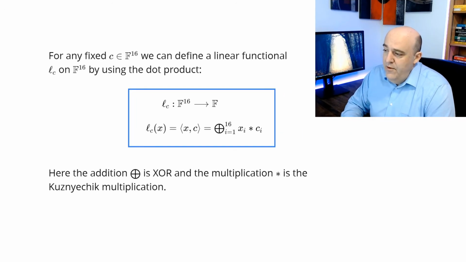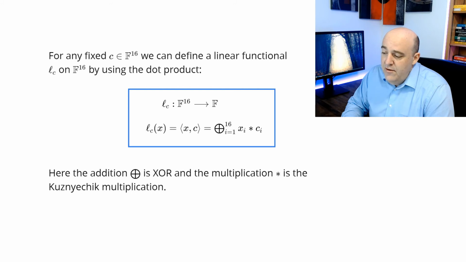And just like with any field, we can do linear algebra over that field. A linear functional is just a linear map from a vector space to the field itself. In particular, the vector space that we're using here is just F^16, a 16-dimensional vector space over F. And any linear functional really comes from a dot product. So a linear functional from F^16 to F, which is associated to a fixed vector C in F^16,